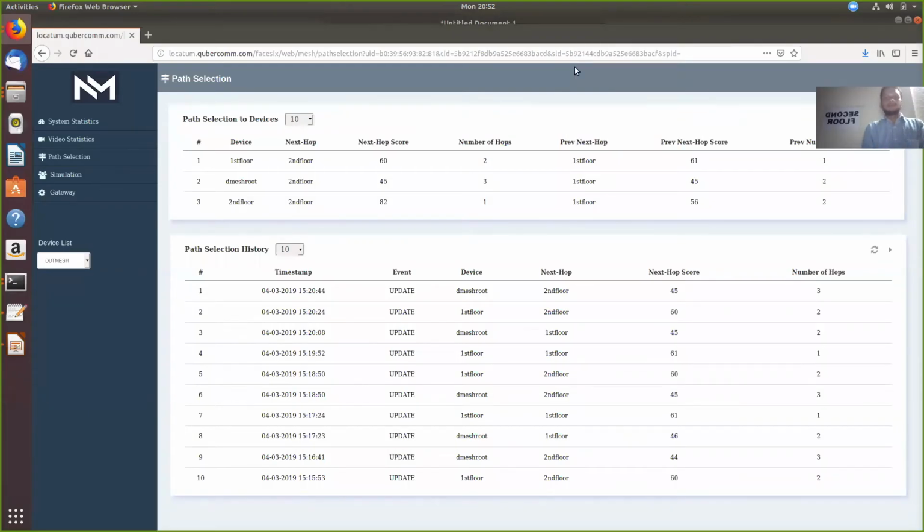Now we are in the second floor of the home, and now we're going to look at the path selection metrics to see how the path from the DUT to the video server on the ground floor has now changed. So on this page, you can see on the first table on top that the DUT is now connected to the